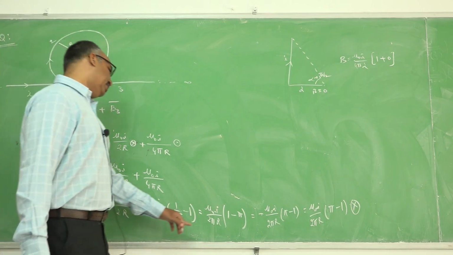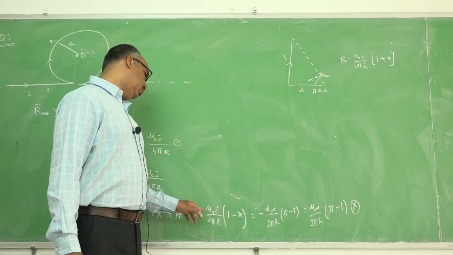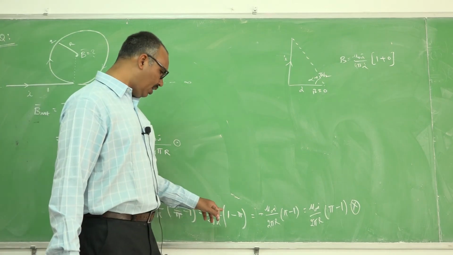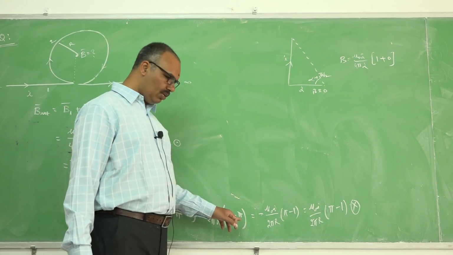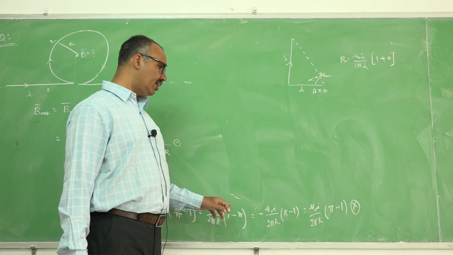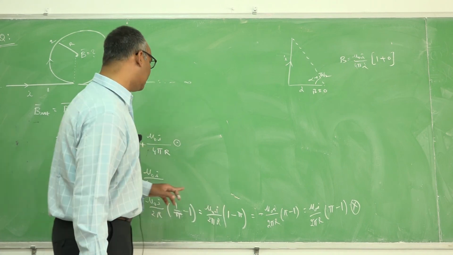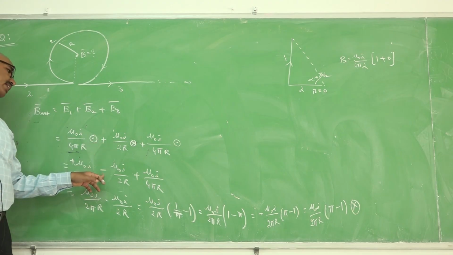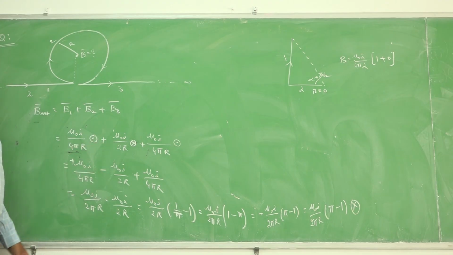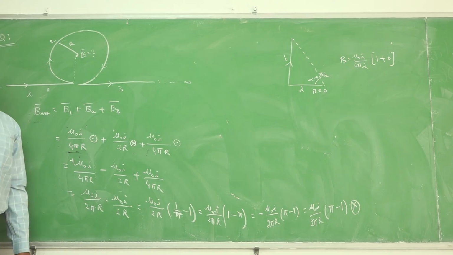You may get some confusion. Sir, it is looking like a positive quantity. Clearly, pi value is 3.14. 1 minus 3.14 obviously will get negative sign. So whenever it gets negative sign, net field is into the paper. Into the paper we are taking as negative, out of the paper we are taking it as positive. So in this way, we can solve any problem based on